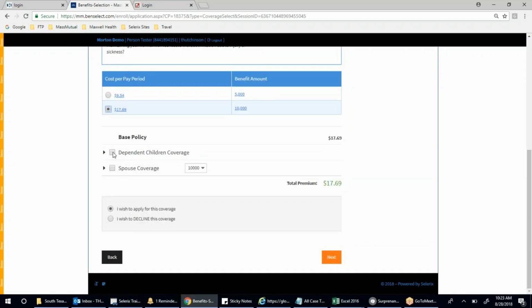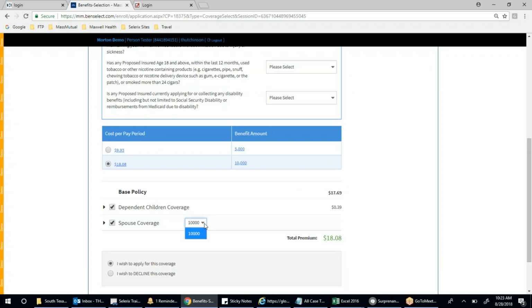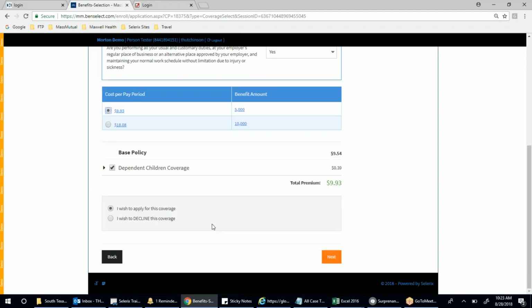And then if you wanted to get dependent coverage, you would check the box there. And then spouse coverage, you'd be able to get an equal amount typically, or half the amount, I believe, right? But you can never get more for spouse than you could for the employee. So I believe if I select 5,